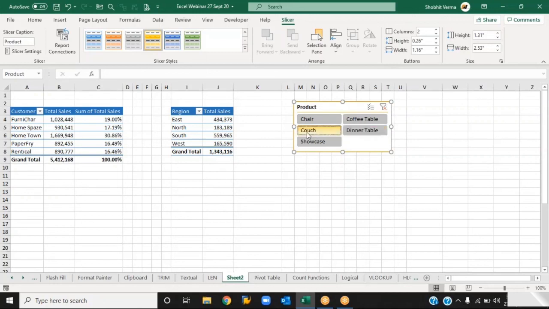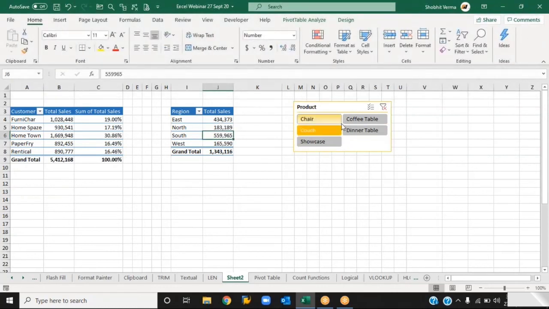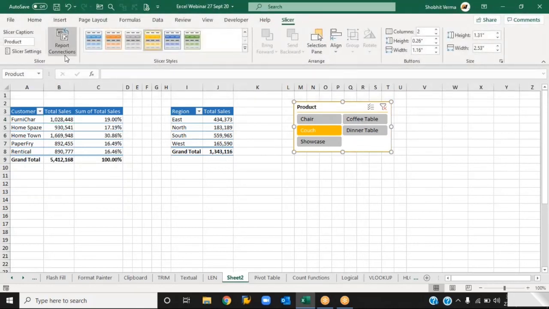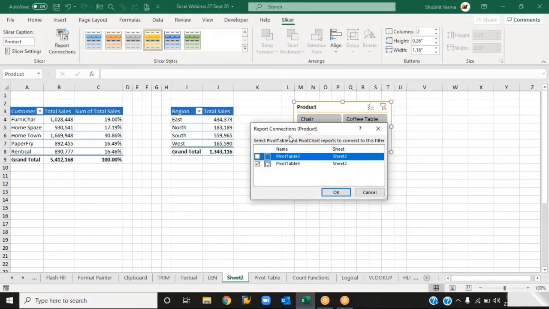And right now, this slicer is only working on this pivot table. If you want this slicer to also change the data for the first pivot table, what you can do is click on this slicer, go to Slicer, and there is one option, Report Connections. Click on this report connection. So here it is connected to pivot table 4. This is our pivot table 4. I want the first pivot table to also be connected.